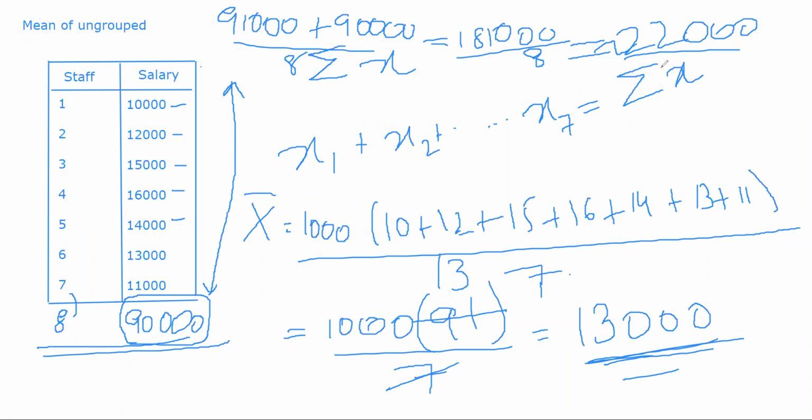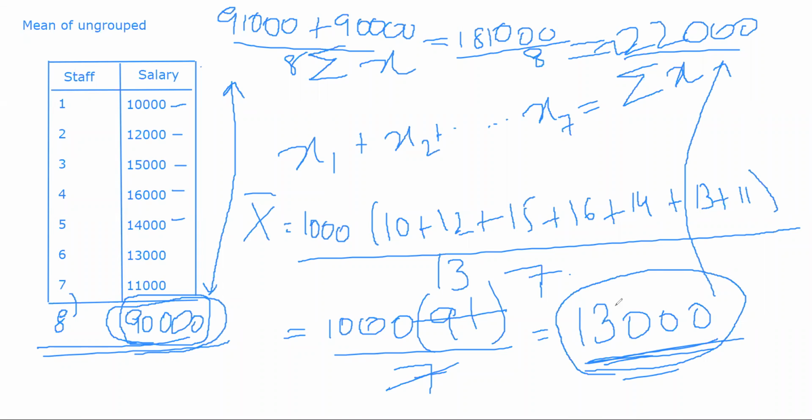I'm not going into the details. Roughly around 22,000 it is. This is changing the value a lot. If you can see here, the mean average salary was 13,000, but just because of one extremely skewed value or extremely high value, the mean has drastically changed by 9,000 points. Okay, in such conditions you should not use mean. In such conditions you will use a different measure of central tendency, something like mode or median.